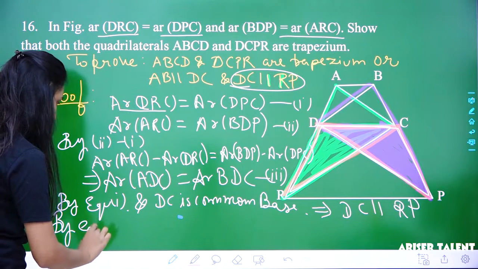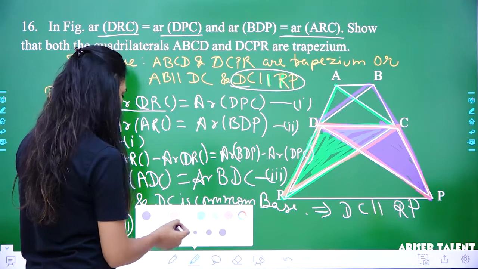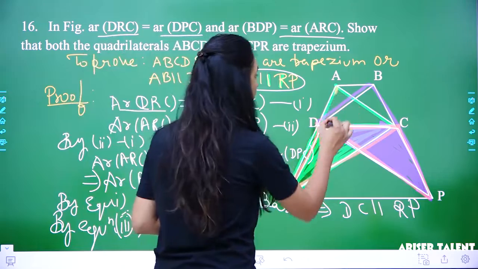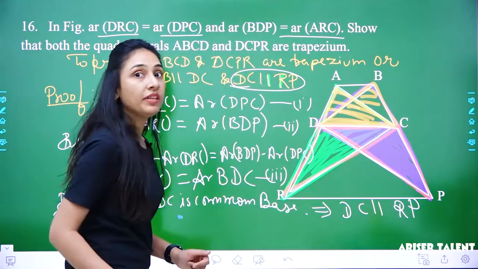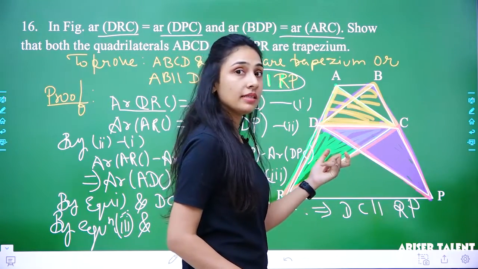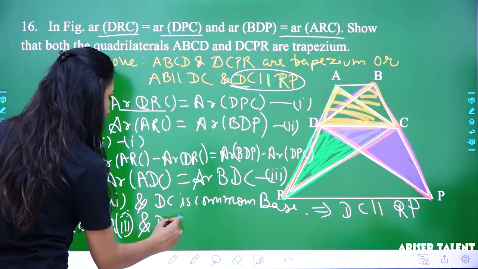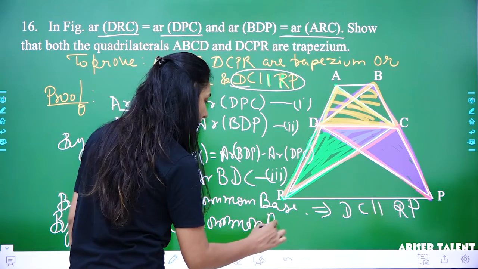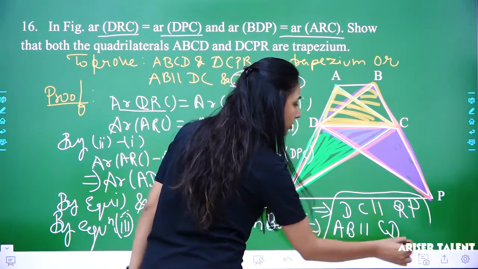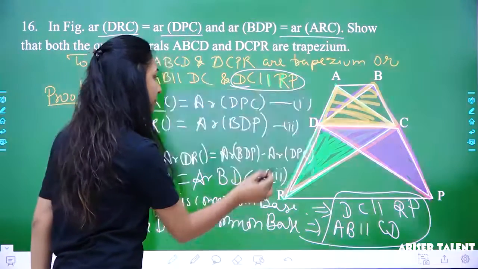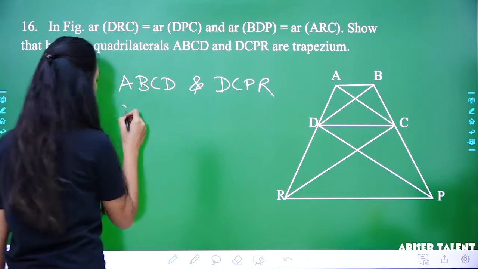By equation 3, area ADC is equal to area BDC. These two areas are equal to each other. If these two triangles' areas are equal, having the same base DC, that means AB has to be parallel to DC. Right, you can conclude it here also, that we can prove these two are parallel, or you can simply say this implies that ABCD and DCPR are trapezium